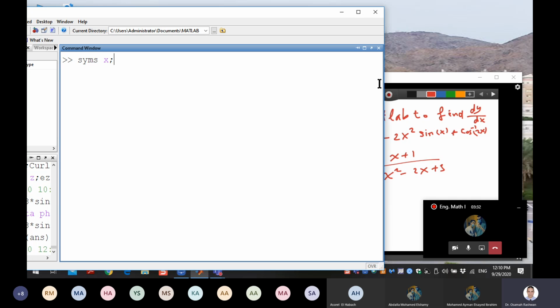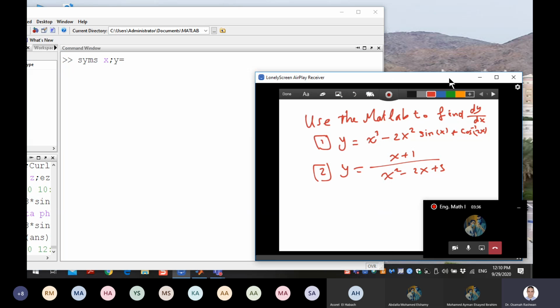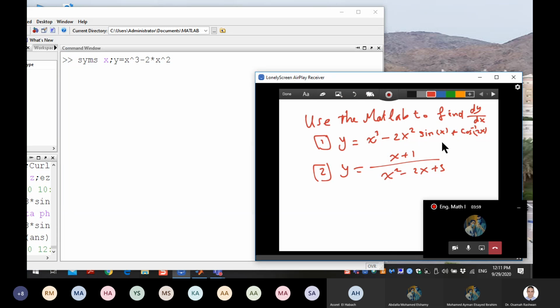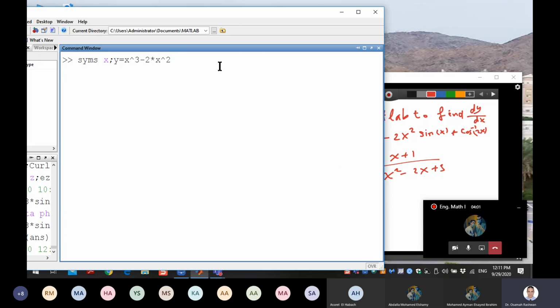Okay, and then you define your y equal to, how to type it: y equals x cubed, exactly like Desmos, x shift and 6 and 3, minus 2x squared minus 2. I cannot write x squared straightforwardly. I have to use an asterisk as multiplication, x squared times sine x. So again, asterisk, shift and 8,